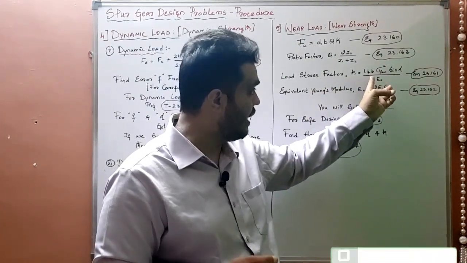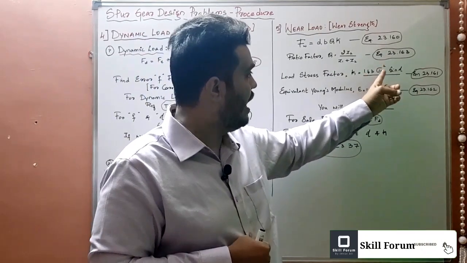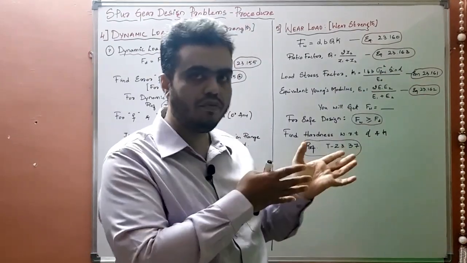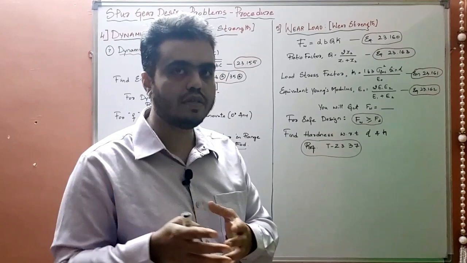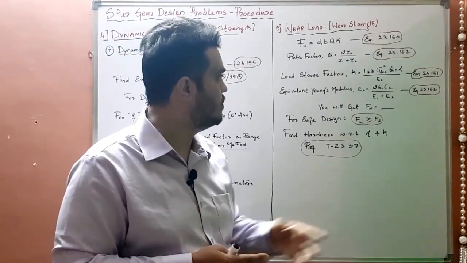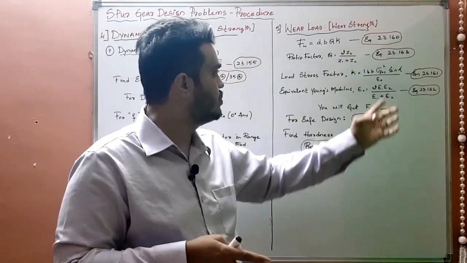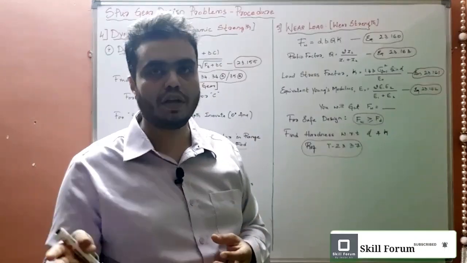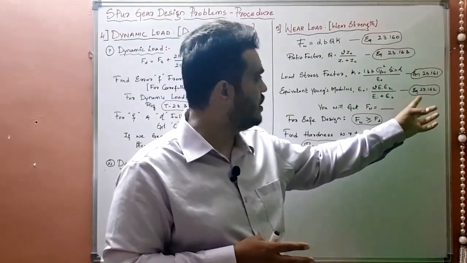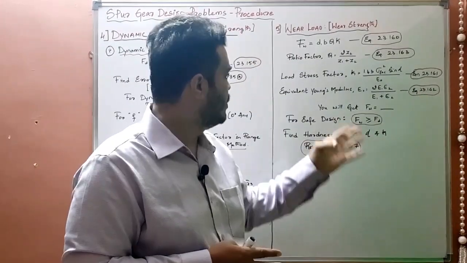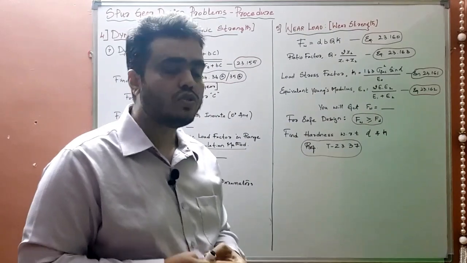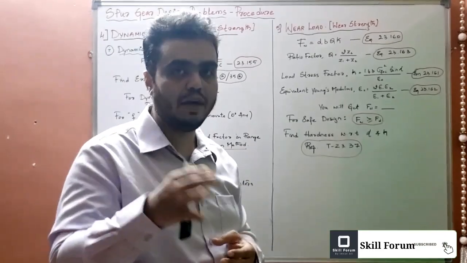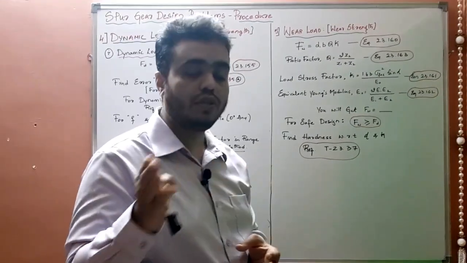Here also you need to analyze whether you have all the factors or not. Once you identify, see this, we already have it in the allowable stress, or you can consider it, so I will tell you while solving the problems. Alpha you have, that is the profile. Next, E naught, the equivalent Young's modulus, you need to find out by using the equation. E1, E2 are the material properties of the pinion and gear. For that we have equation 23.162. Next you will get the Fw value, right? For a safer design, the wear load should always be greater than the dynamic load, then only we can say the design is safe.